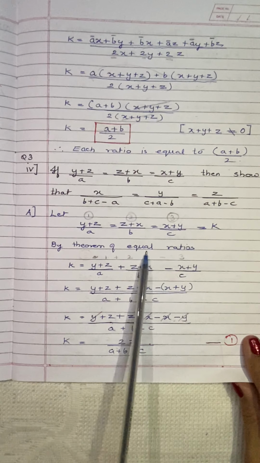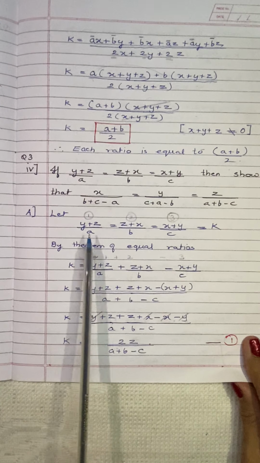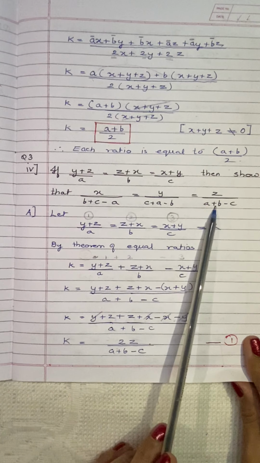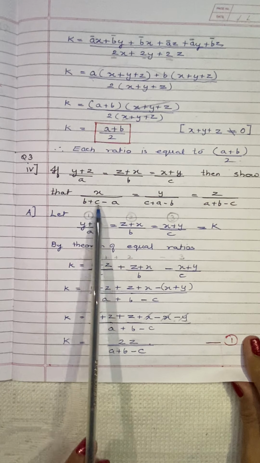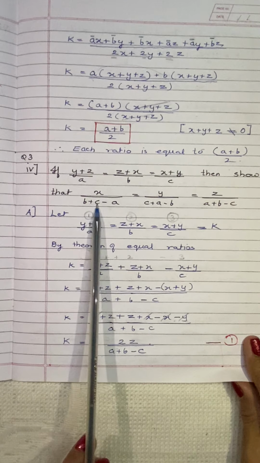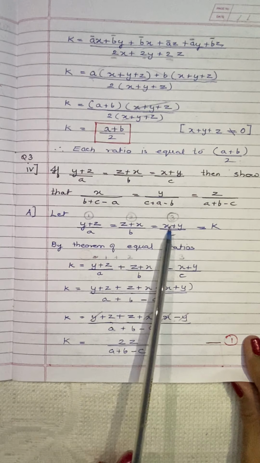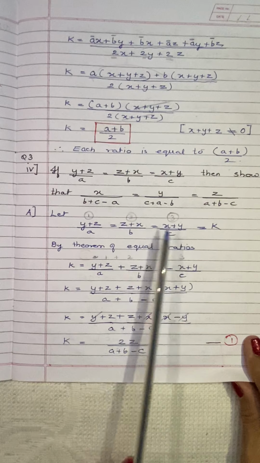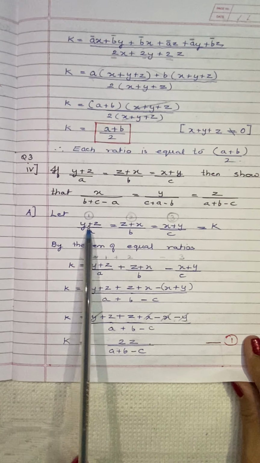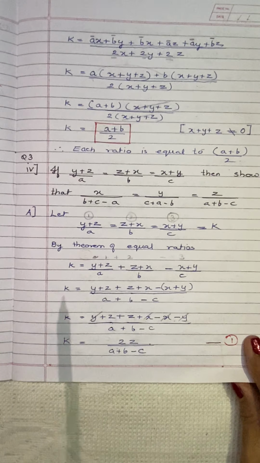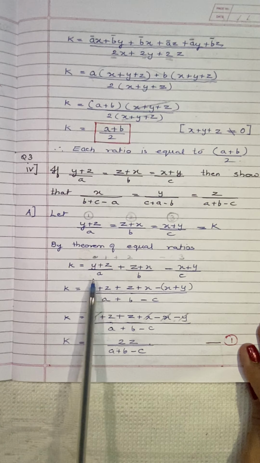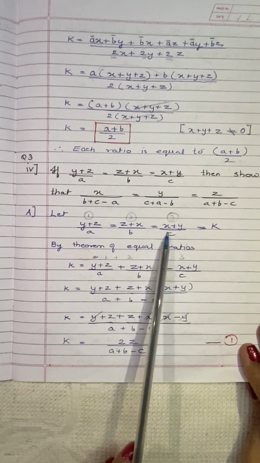is equal to, by theorem of equal ratios, we'll add the two expressions and subtract 1. Look at this, show that they have given. So two expressions to be added and one subtracted, right? So every time, supposing this is 1, this is 2, and this is 3, 2 will add, 1 will subtract, then these 2 will add and this will subtract, then these 2 will add and this will subtract. So we are taking these two ratios, 1 and 2, y plus z and this,